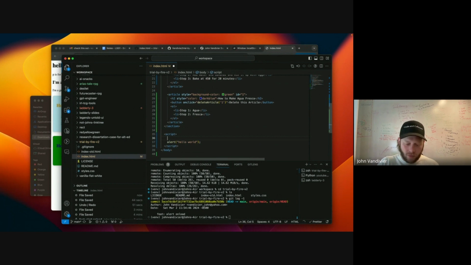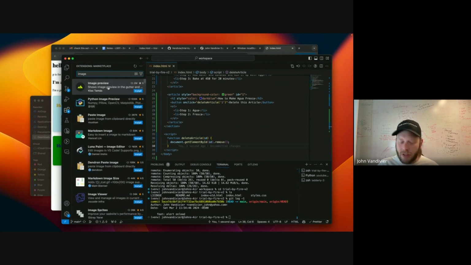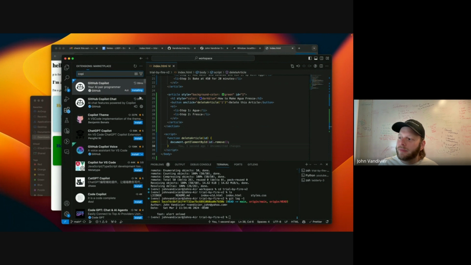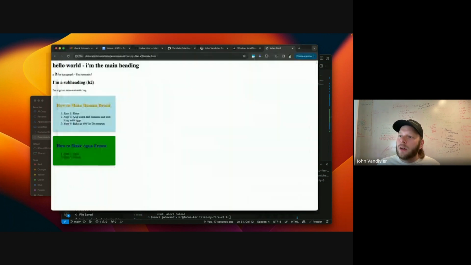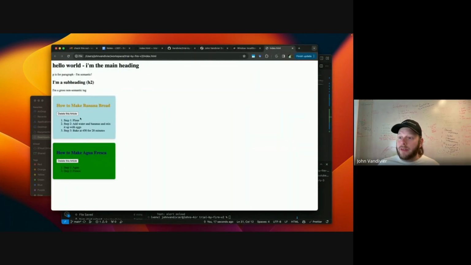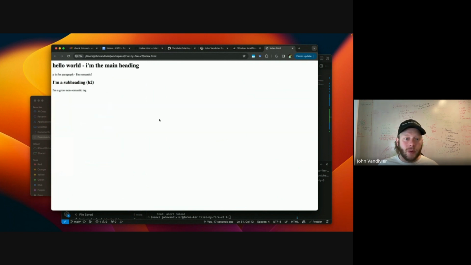Okay. So here we will have, oh, look at that. Copilot just knocked it out of the park for me. That was GitHub Copilot. I don't know if y'all have Copilot installed, the VS Code extension. It basically auto-suggested this, which is exactly what I want. Okay, so now I have delete this article. And we see that it works.